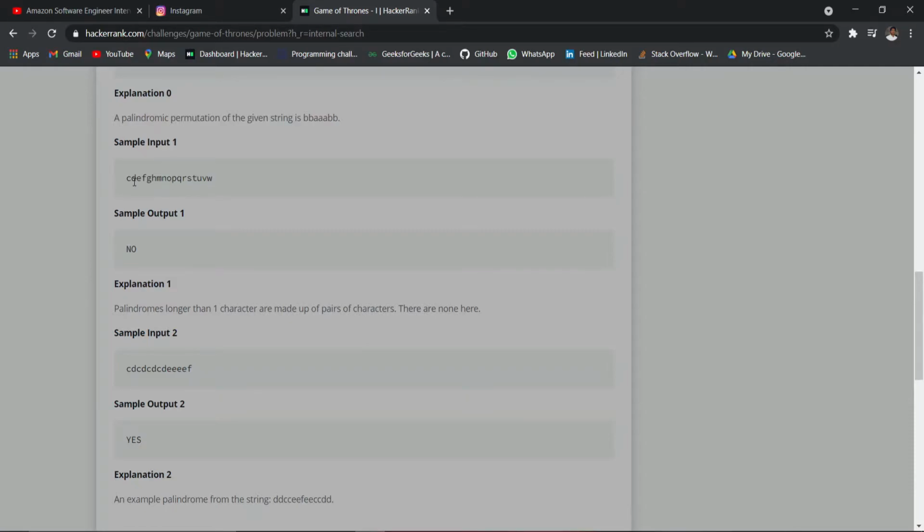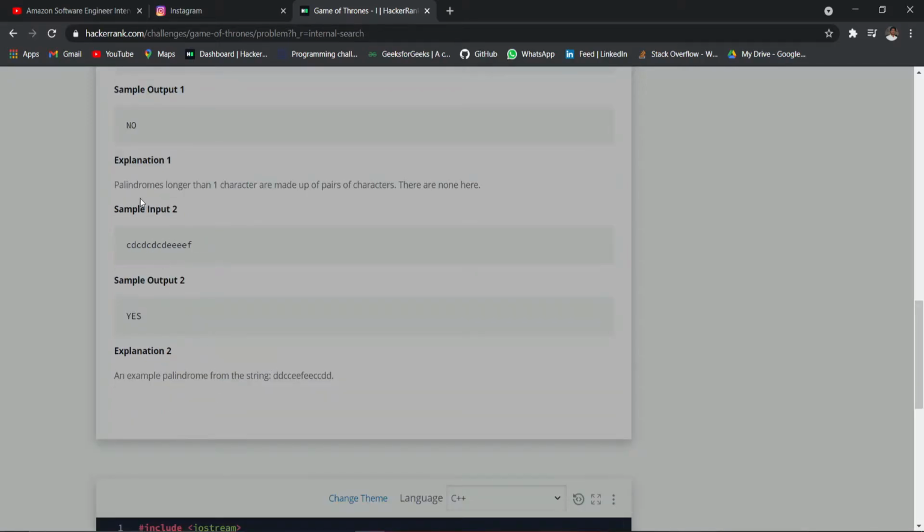C is occurring only one time, D is occurring only one time, and so on. If you want to make a palindrome, the letter must occur at least twice, and you can see this is a palindrome too. If we arrange these words according to this format, we can get a yes output.